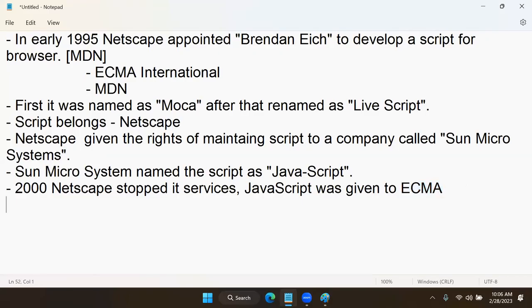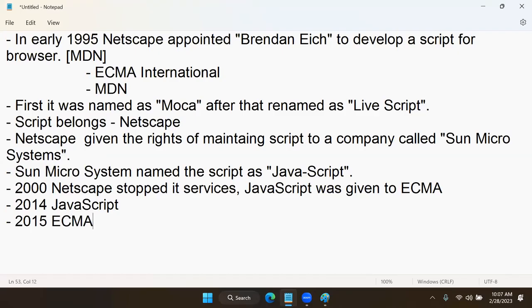And they started maintaining JavaScript, and for more than a decade, up to 2014, ECMAScript, that means JavaScript, was internally maintained by ECMA. There were not many changes. They were just maintaining it for 10 years. They just maintained JavaScript. After that, what happened from 2015 onwards,